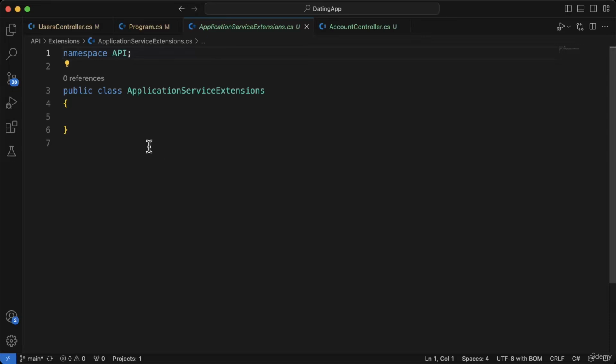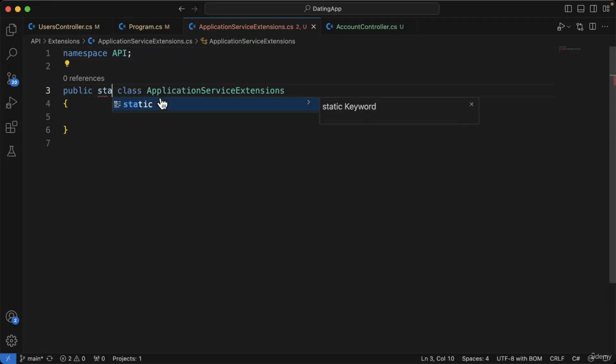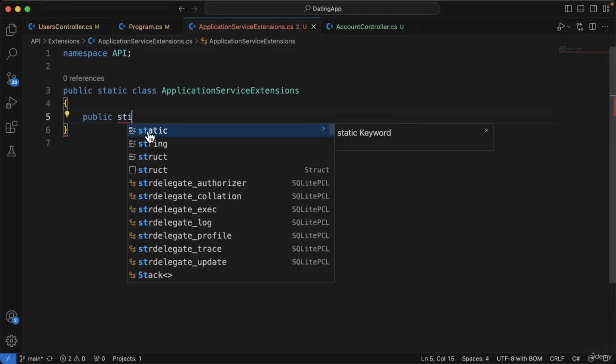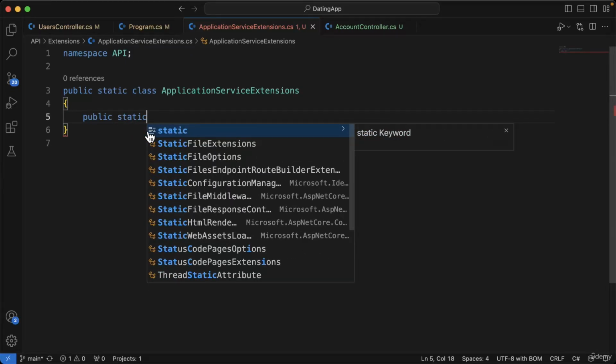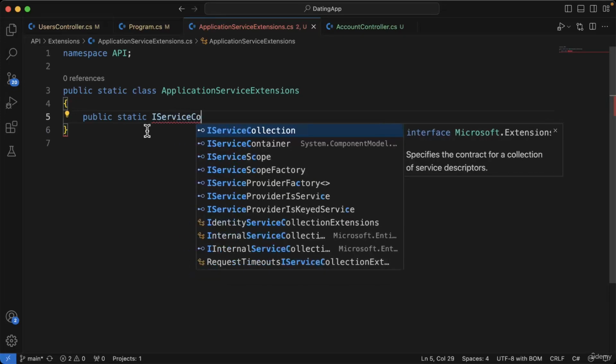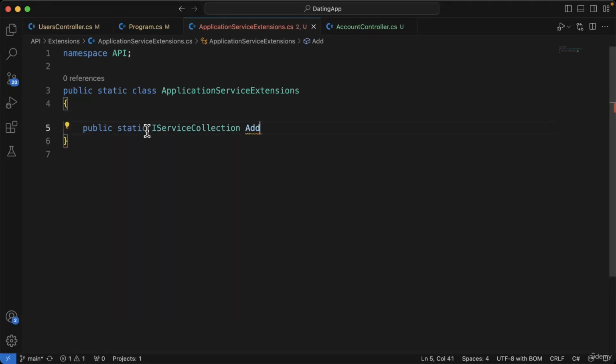And extension methods are static. So we specify static before the class. And when we say static, the static keyword allows us to use the methods inside this class without needing to create a new instance of this class. And we can create a static method inside here. So I'm going to say public, and it's going to be a static method inside a static class. And what we're going to return from this is an IServiceCollection. And we're going to give this method a name of